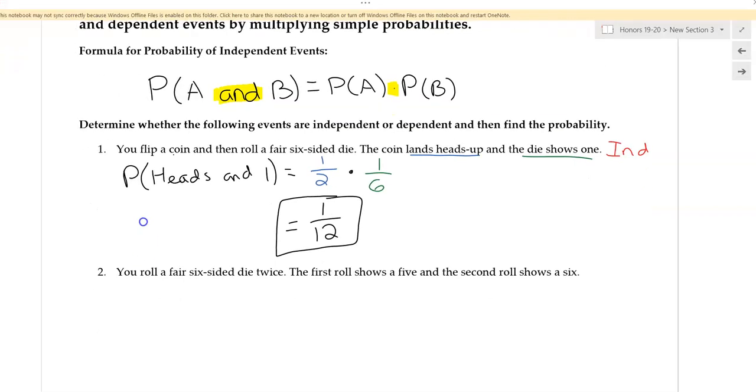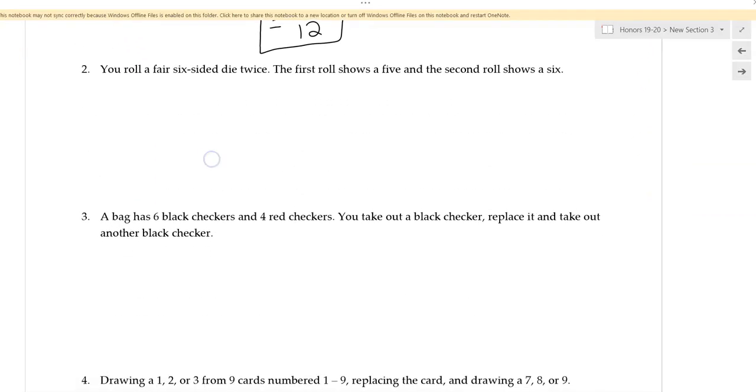Alright, looking at our second one, you roll a fair six-sided die twice. The first roll shows a 5, and the second roll shows a 6. Right, same thing. When I roll my die the first time, I have 6 choices. And when I roll it the second time, I still have 6 choices. My number of choices didn't change. So that's independent, right? So then the probability of rolling a 5 and then rolling a 6,